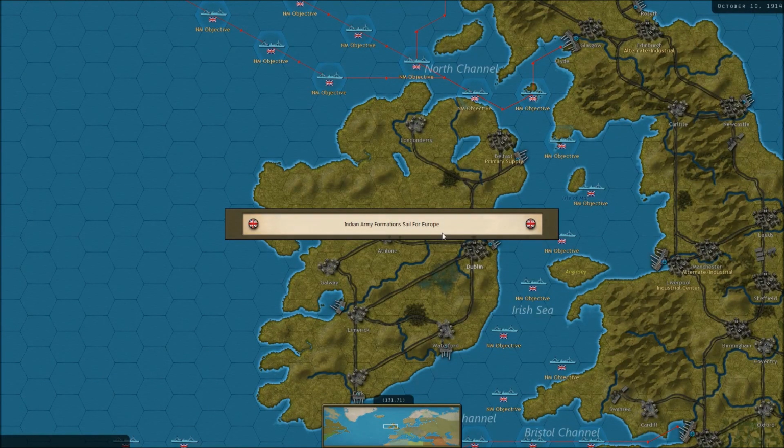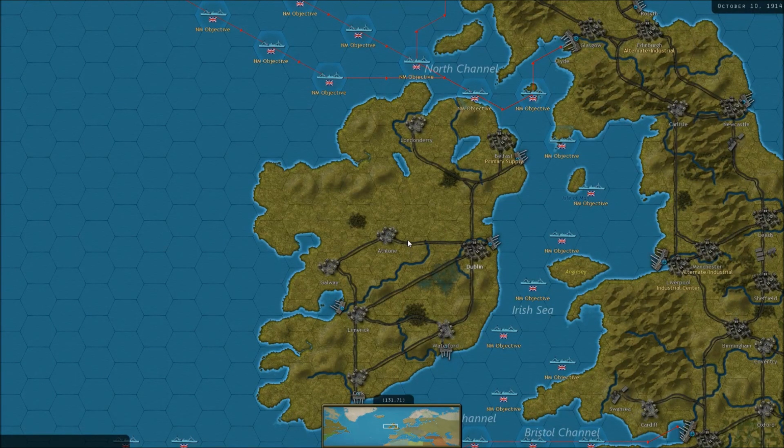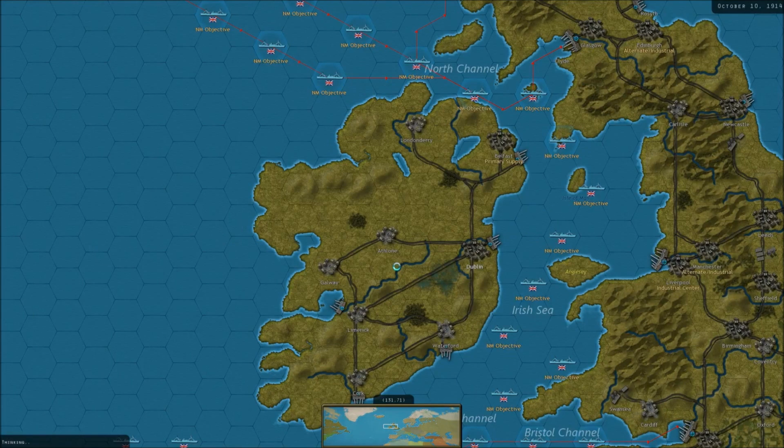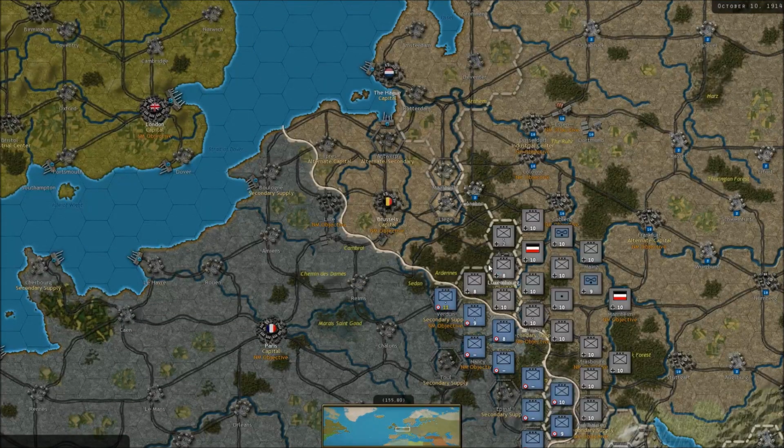Indian Army formation sail for Europe. Lord Kitchener issues a call to arms. France announces the formation of a foreign legion corps. I think what the message said in the...